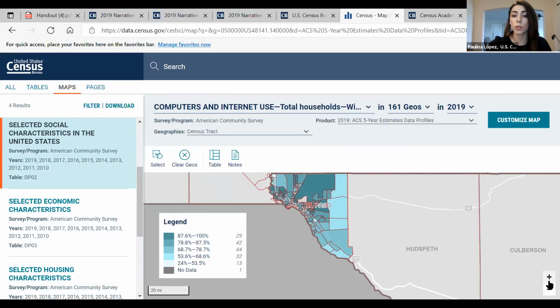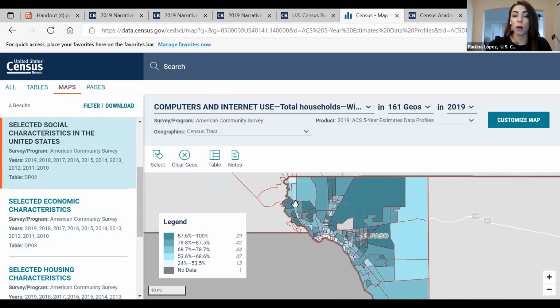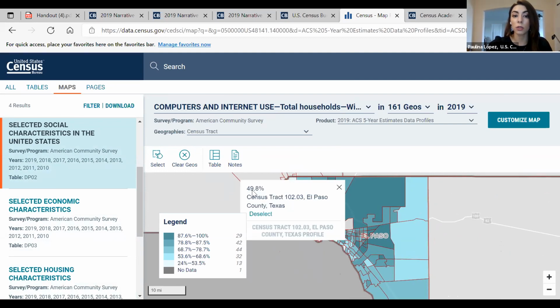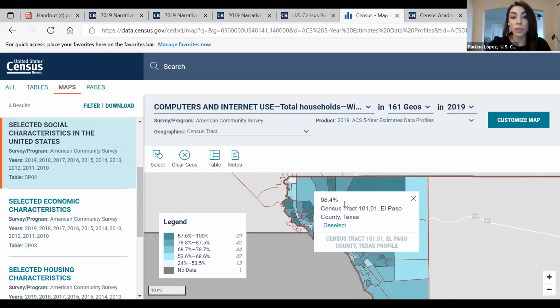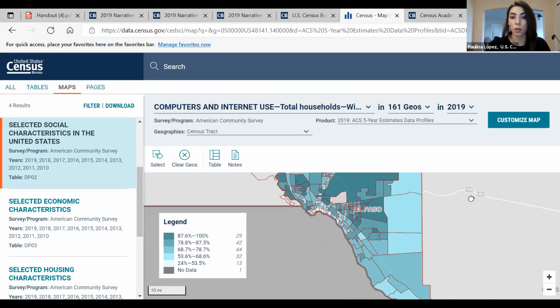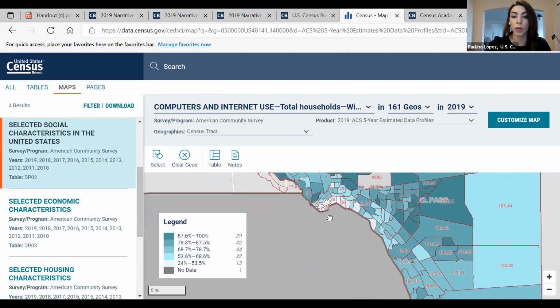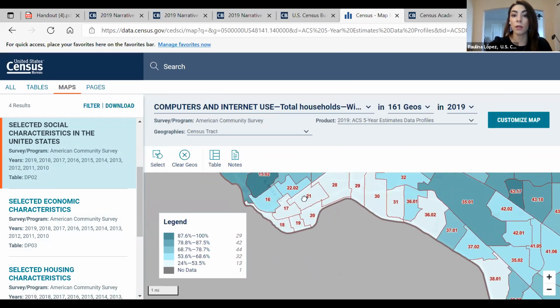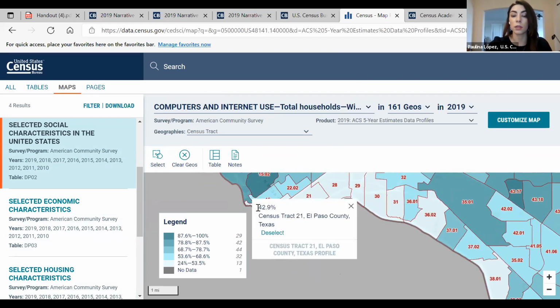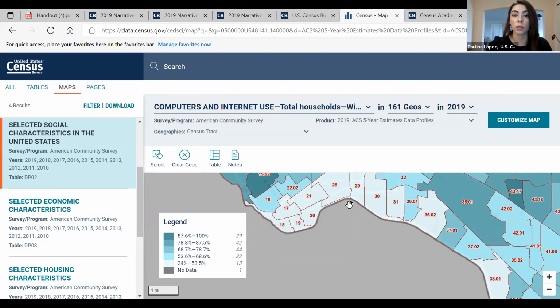And if you zoom in and click on any census tract, you will see the percentage of internet access that they have at home. Fort Bliss area, 98.4%, which makes sense, but you go into the Segundo Barrio area and internet access is way less, 42.9%.